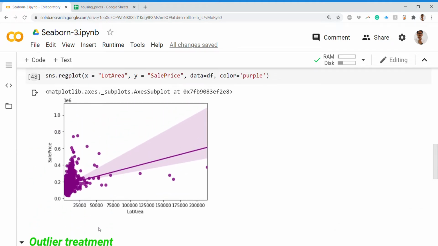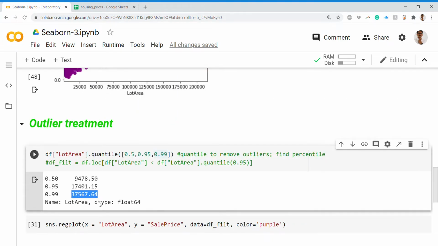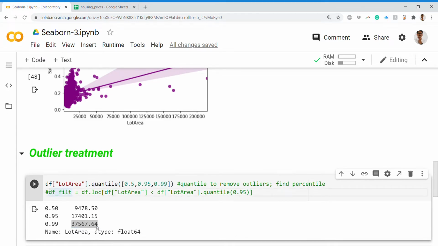That is the reason: our regression line that we are fitting is not passing through all of the points. Somewhere we have to disperse our points onto this axis, so that not all the points, but the majority of the points will pass through this regression fit. That is our major goal. So in order to do that, I do a filtration, a filtration on the df lot area column.